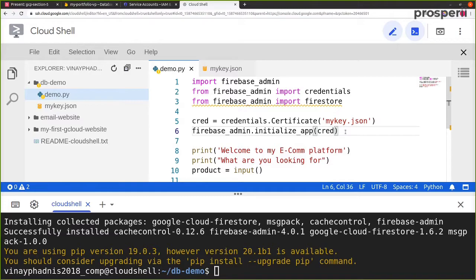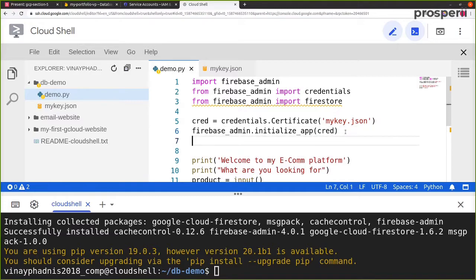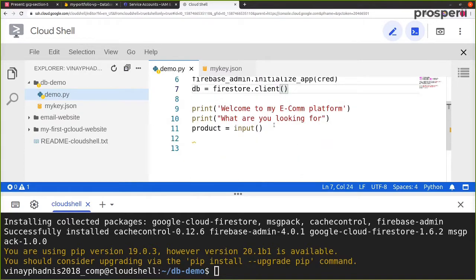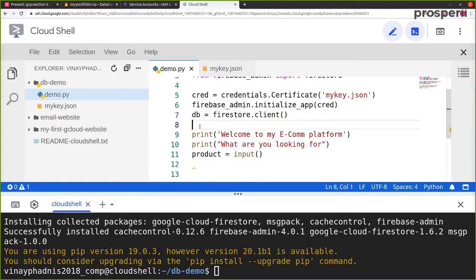With this we have initialized the app, and now let's create a new database instance, or a new database object. So over here we have db is equal to firestore.client. Okay, so with this we have created a new database.